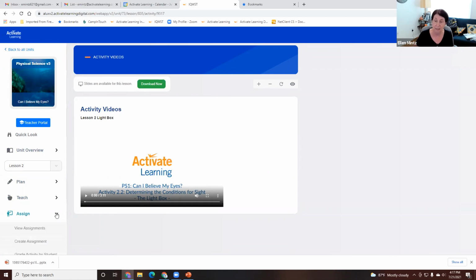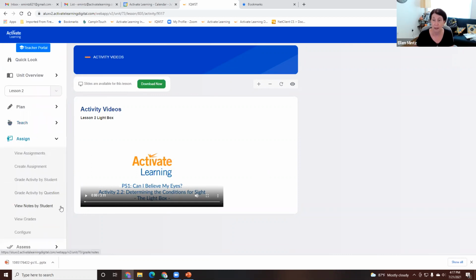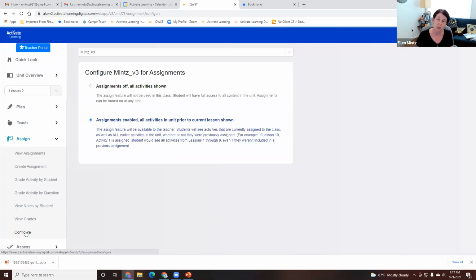And now I'm going to get to something new, and that is the assign. So in the new universal interface, you have the ability to create assignments and to view those assignments, which will guide the instruction. Now I'm going to start down here with configure. And I want to just show you this one button that is going to dictate how your students access information